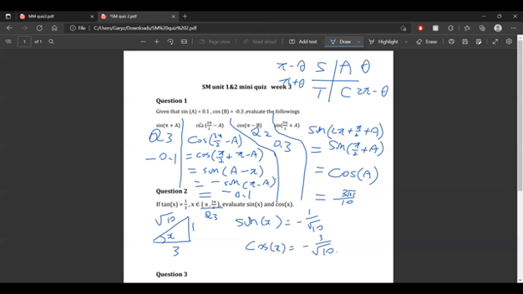So for the final one, I broke 5 pi on 2 into 2 pi and pi on 2. Because sine of 2 pi plus anything is just itself, because 2 pi is just a revolution. So this is just equal to sine of pi on 2 plus a, which is equal to cosine, sorry, not theta, cosine a. And the way I worked out cosine a is that if sine a is 0.1, then